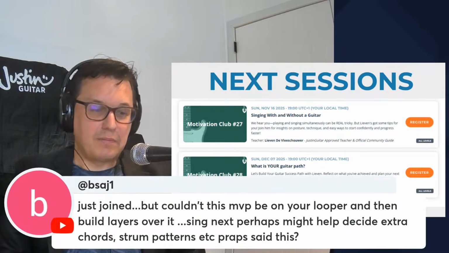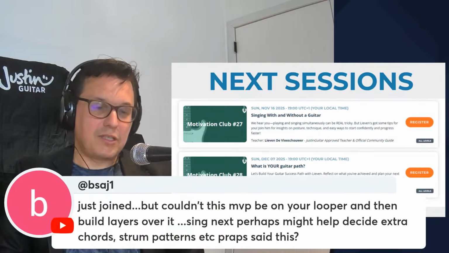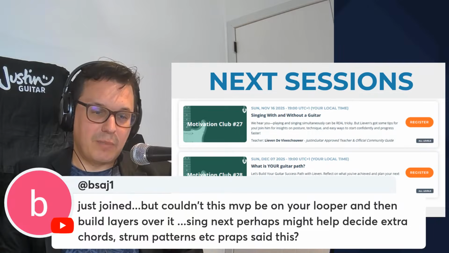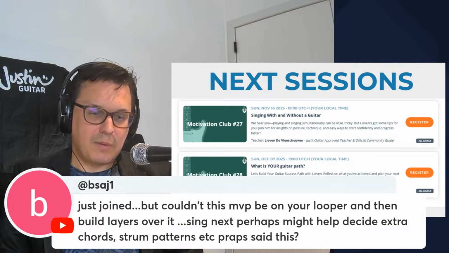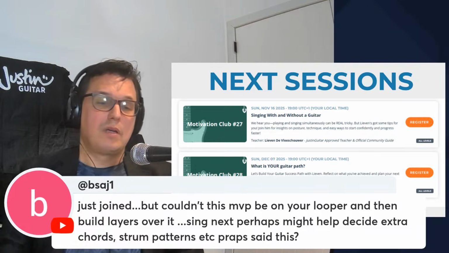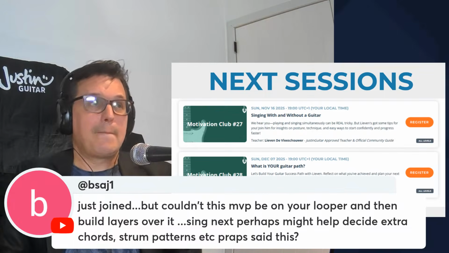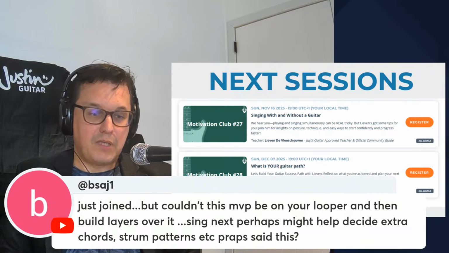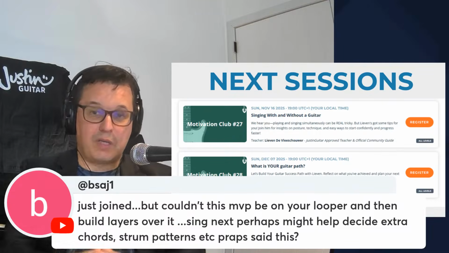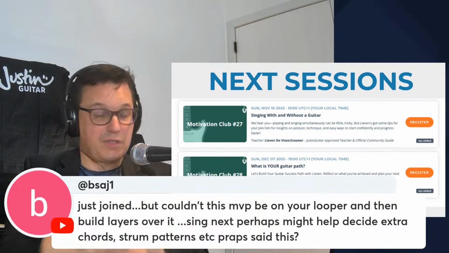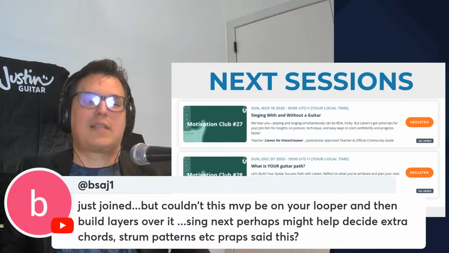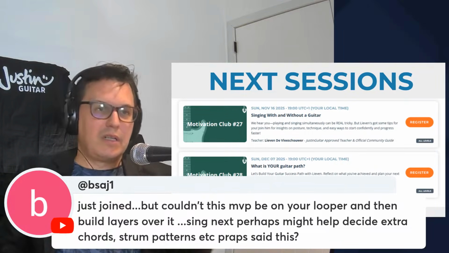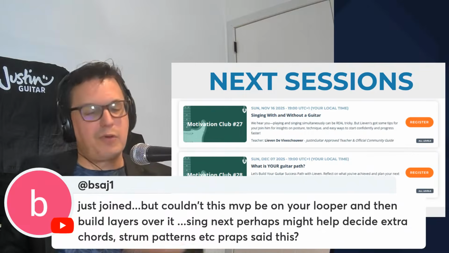Somebody says, I just joined, but couldn't this MVP be the looper and then build layers over it? Yes. If you have a looper, you can build your little MVP, being either a very mini version of the song, verse and chorus, looping this and practicing every line of the vocal, because you have several verses going on in the song.